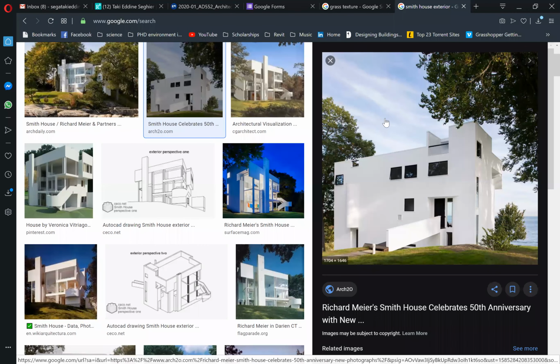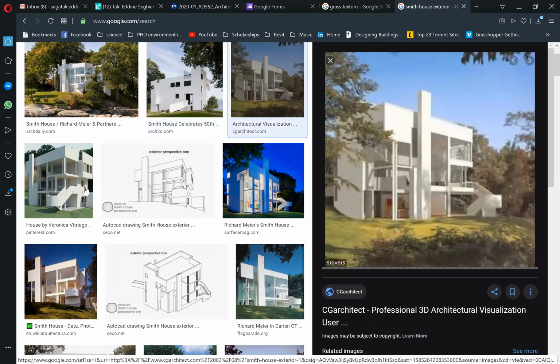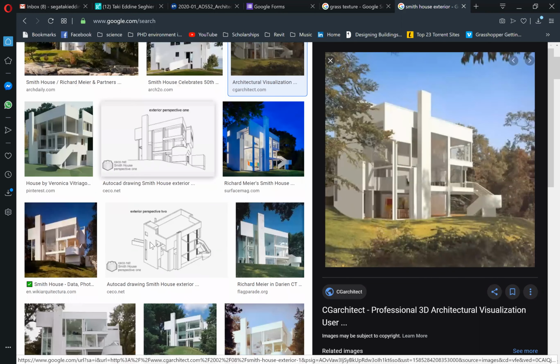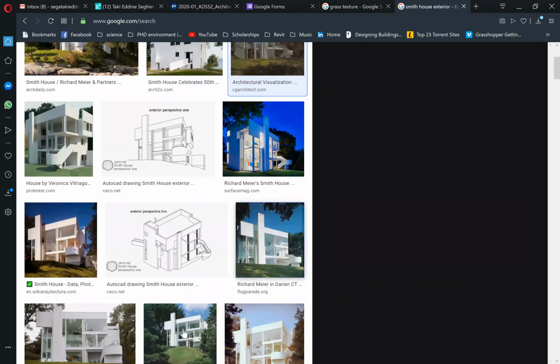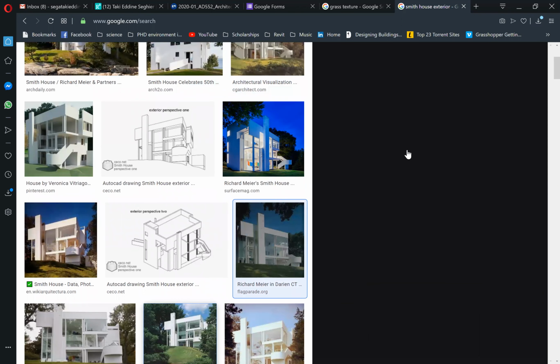Okay, so as I mentioned, you can Google the Smith House exterior. You will find many pictures. You select one that should be a little bit close to the project. This one is also interesting. This one is not real, but this one is also interesting. And you try, at least, the camera position